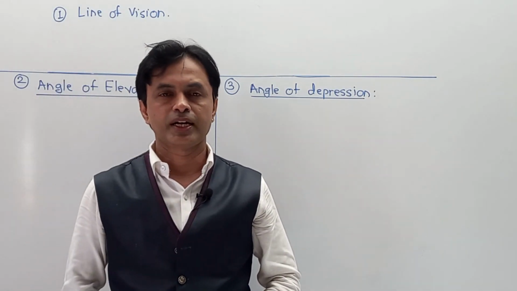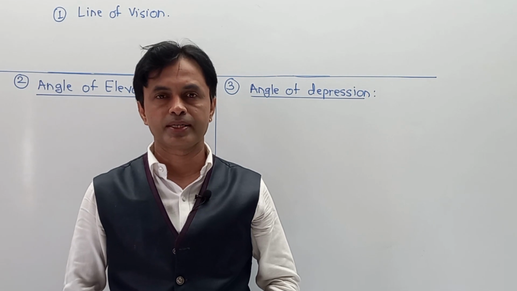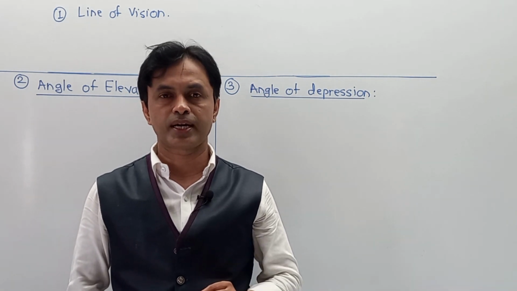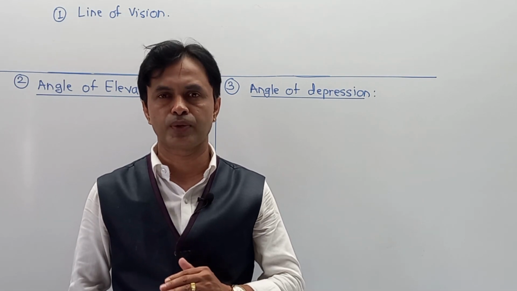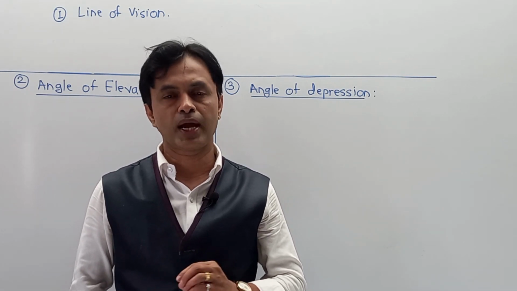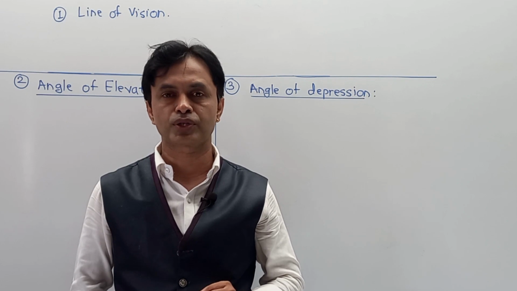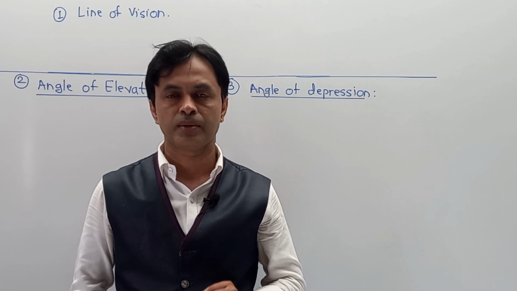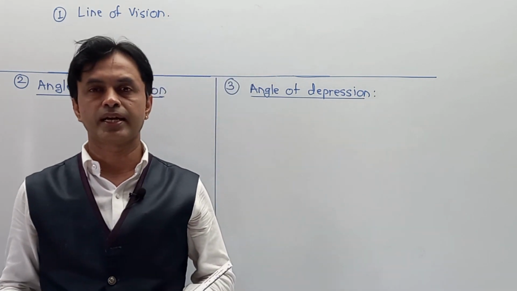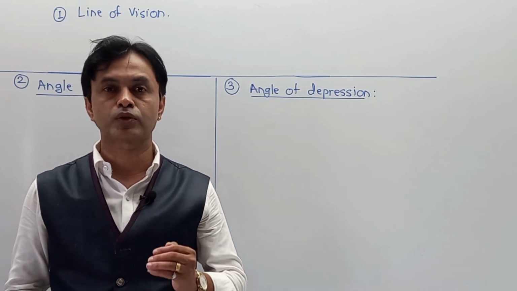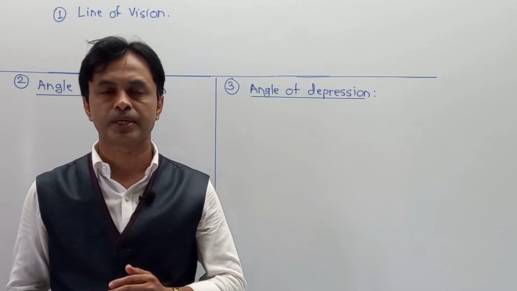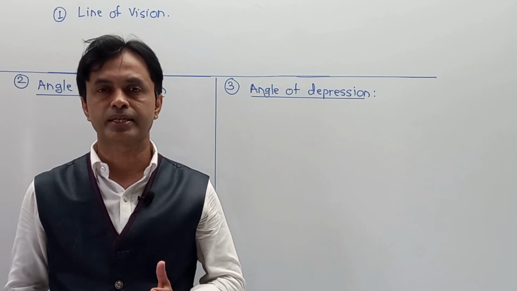Hello friends, continuing from the last numerical, now here we are going to understand some theory between your exercise 6.1 and 6.2. In 6.2 and onward, there are some numericals which start on a theoretical structure. Means a person is standing on a road observing the top of a church, or a person is at the top of a lighthouse observing a ship, and there are three concepts generated.